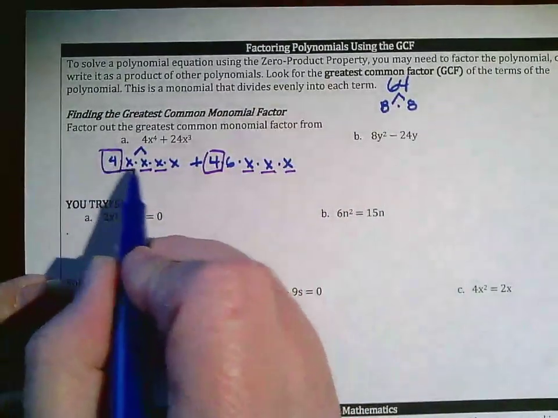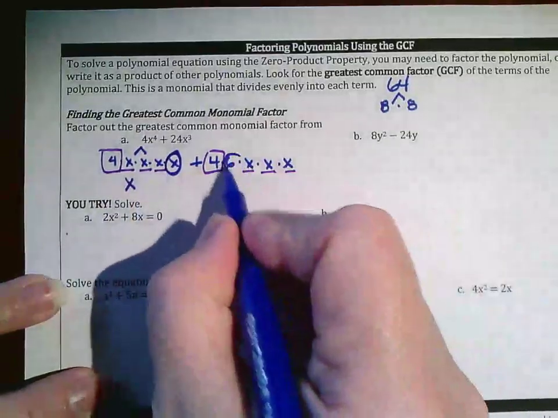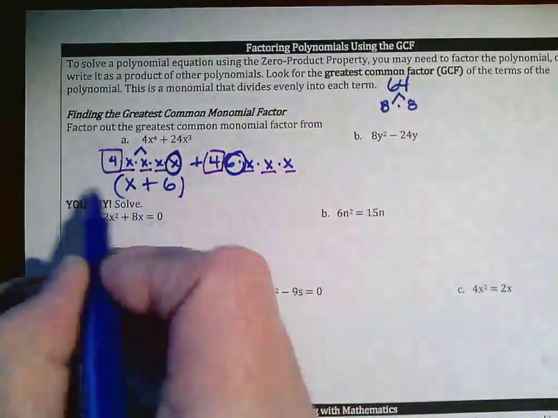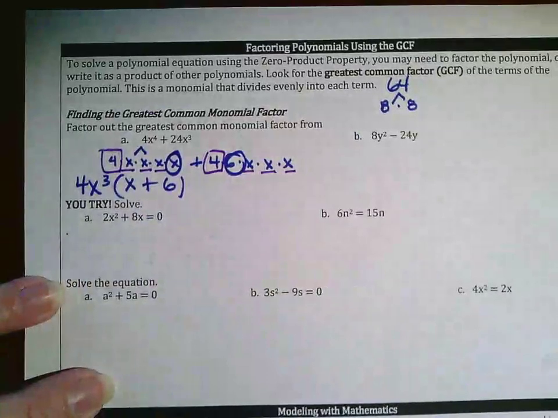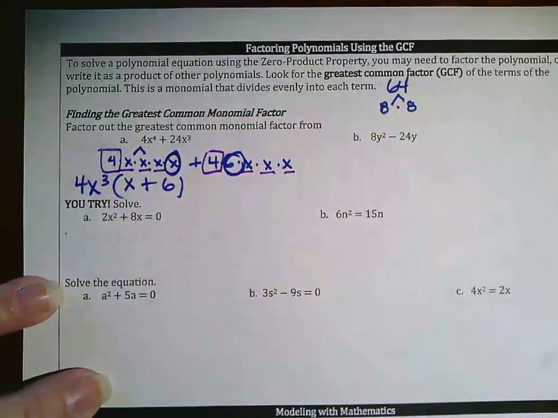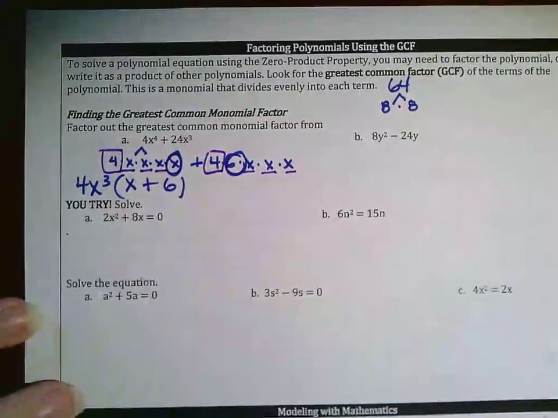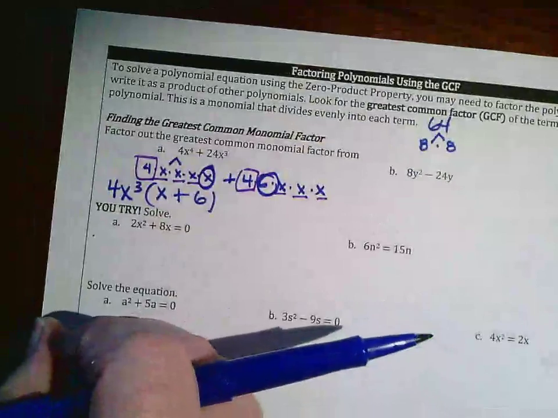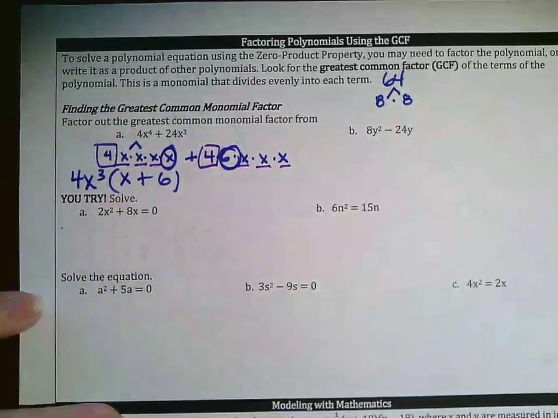And if you take a look at it, this just has an x left over, right? And this one just has a 6 with a plus sign in between. So x plus 6 and 4x to the third. And voila, you just factored. So if I was to multiply this back out and distribute, this would be your answer. Okay, so here,